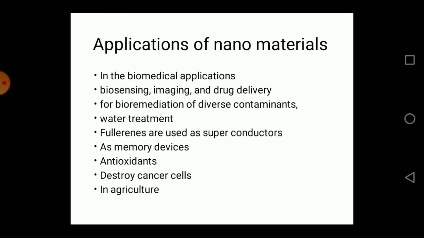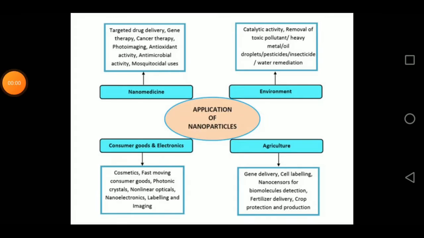And also nanotechnology finds applications in agriculture to improve the seed germination, for the protection of plants, for the growth of plants, to control the diseases, to absorb nutrients, and also for pathogen detection and residue detection of pesticides and herbicides. So these are the various applications or uses of nanoparticles or nanomaterials. So with this, we'll complete the chapter of nanochemistry from the second unit.